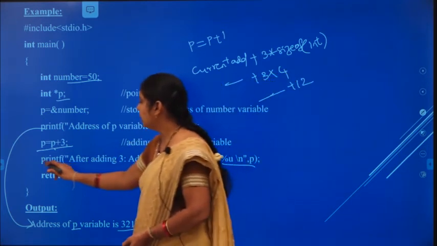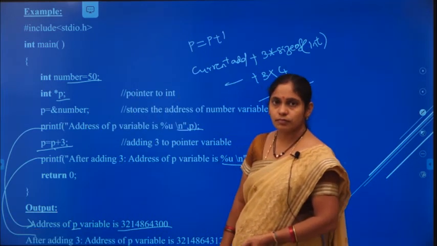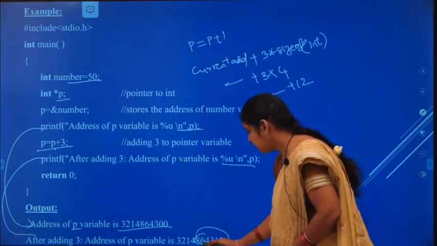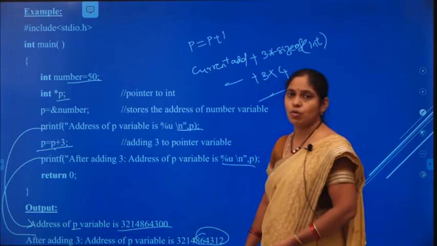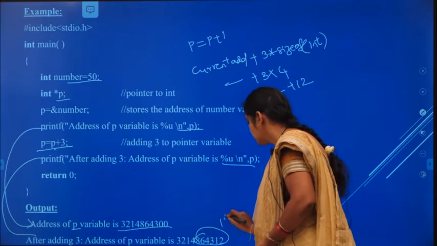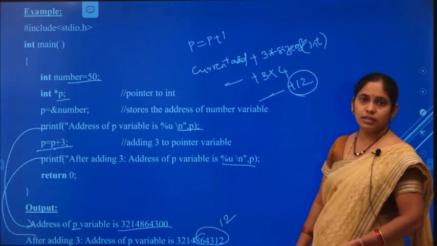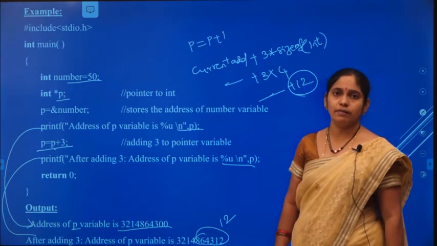After adding, what does it display? It is ...4312, and here it was ...4300. What is the difference? 12, right? Like this, as many times as we want, we can increment the pointer variable.